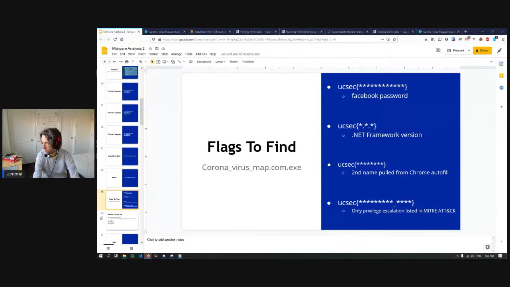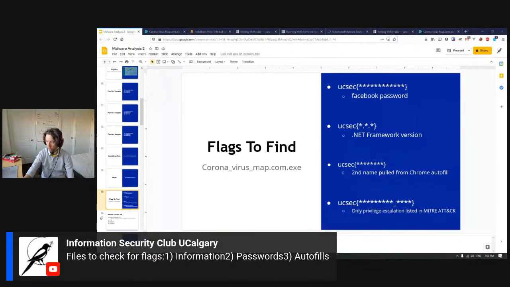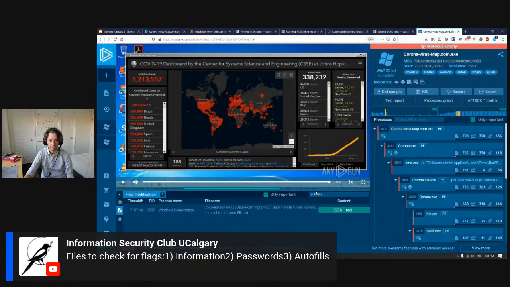Okay. Check for flags. So there we go. I just tossed it into chat. It didn't format great. Those are 3 of the files that you can check: information, passwords, and autofills. If you go back over here,